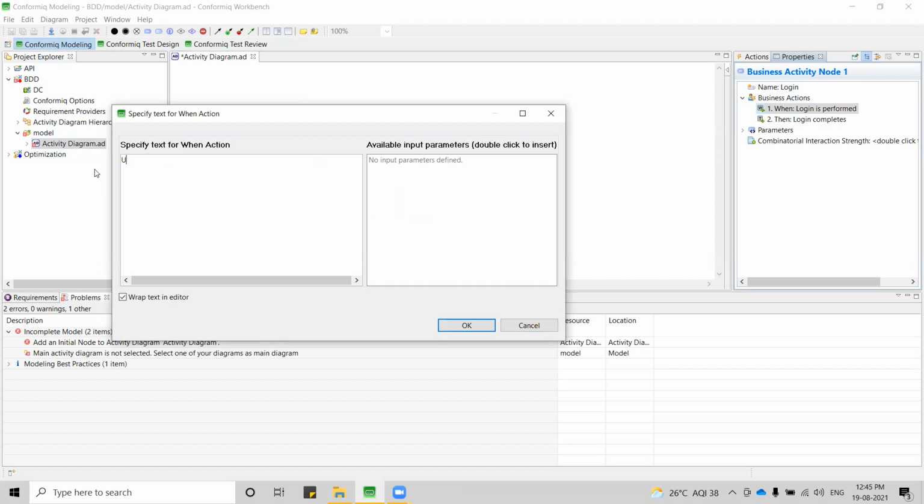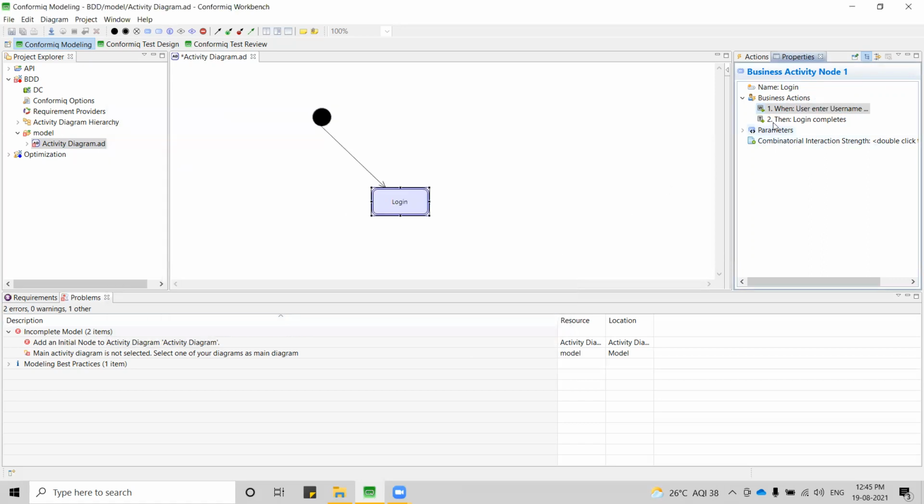Now I just want to mention this as user enters username and enters password. Click on login. Let me add this in a when statement. And I want one more when statement.